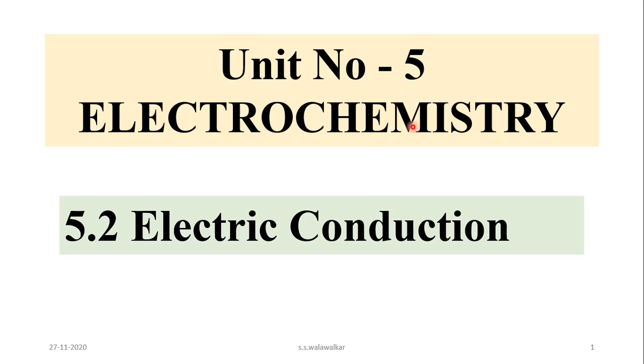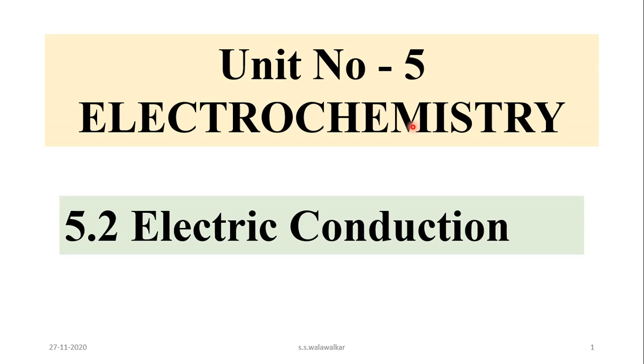In the last video, we studied the introductory part of this topic. That is, redox reaction. What is meant by redox reaction? Oxidation reaction, reduction reaction, and spontaneous and non-spontaneous reactions. And also how chemical energy is converted into electrical energy in dry cells, what is meant by electrolysis, and where the electrolysis process is used, that is in electro refining or in electroplating, how it is used, that part we have studied. Today in this lecture we will learn electric conduction.